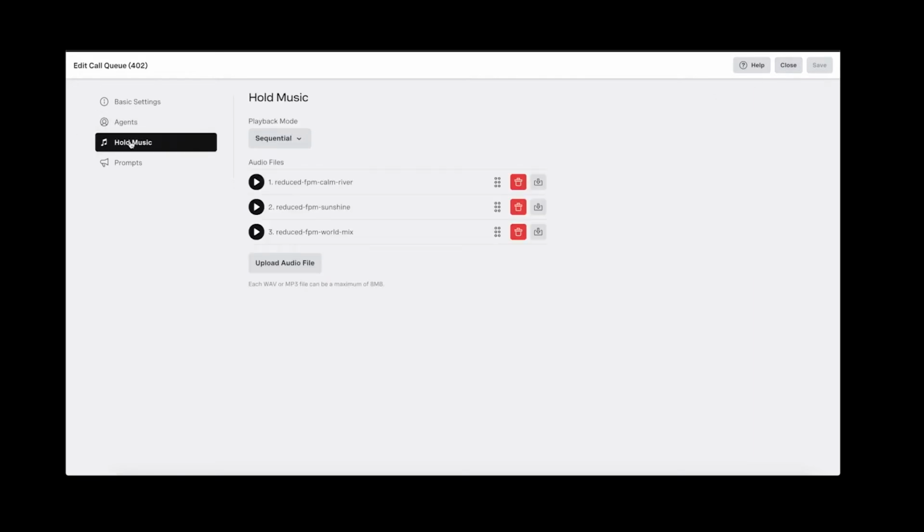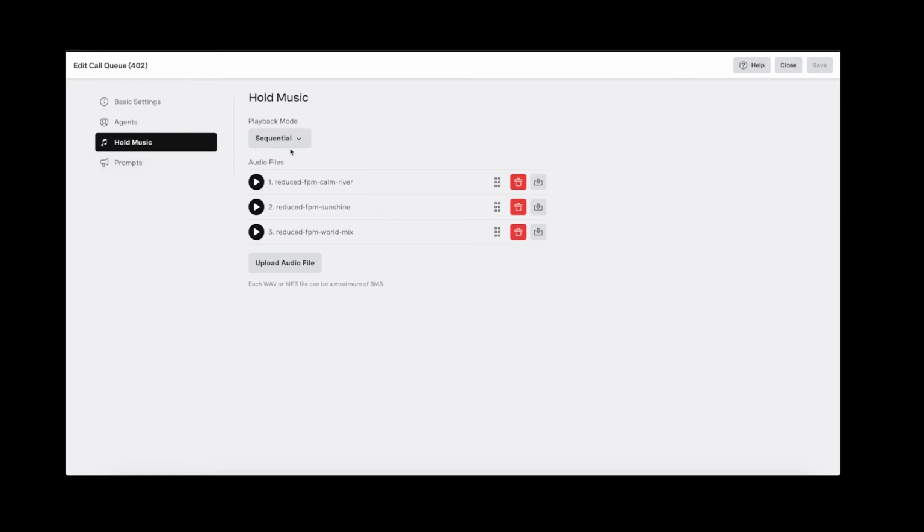Your hold music is an additional repository of hold music that runs independent of the main phone system's hold music. So you can have multiple queues with multiple hold music, and it's unique for each call queue. So for example, if I want to play customized hold music for a specific location or for the sales or support team and play messaging in there that is unique to that call queue, I can do so.